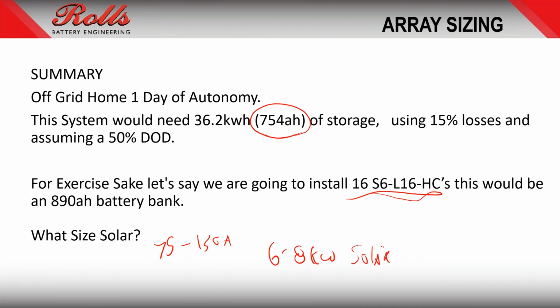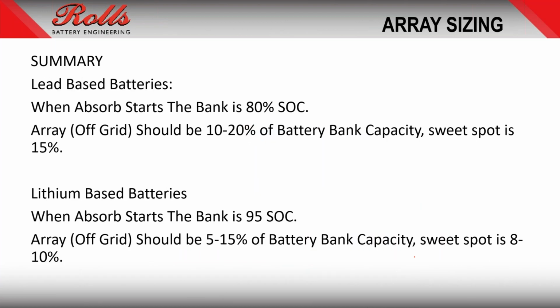I apologize for my chicken scratch. So if we were to do the same battery bank on lithium, let me go to the next page. So just keep in mind,